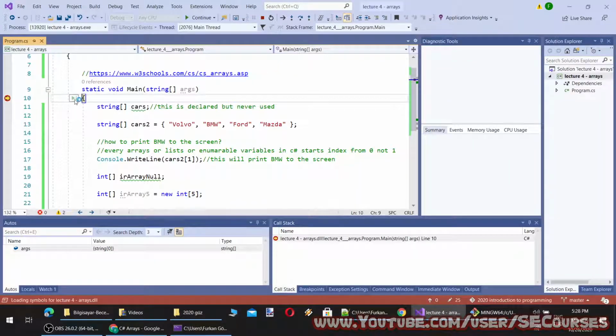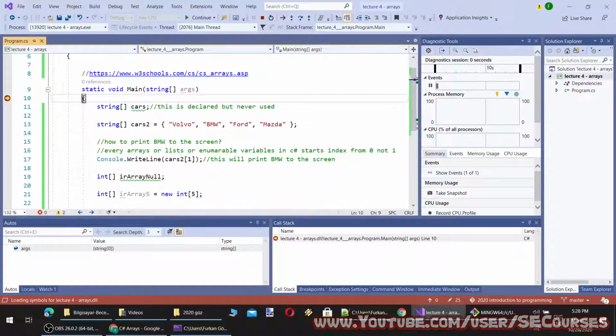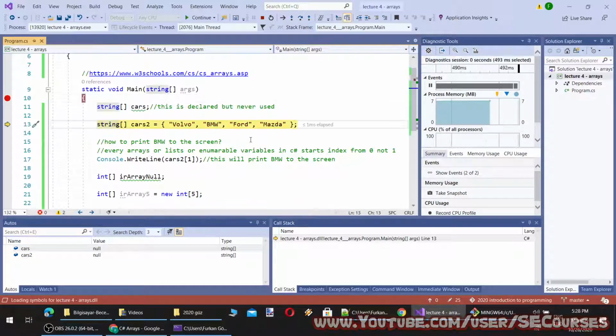Okay, so our application is at this point. I'm going to go with step over. Okay, you see it has jumped over this. Why? Because this variable is declared but never used. So basically it is null, as you can see. And when I step over, you see now cars2 is initialized.